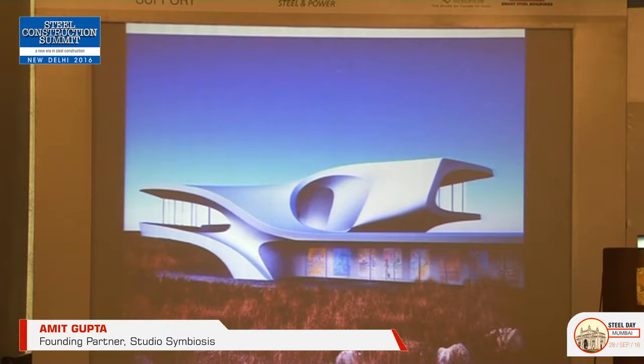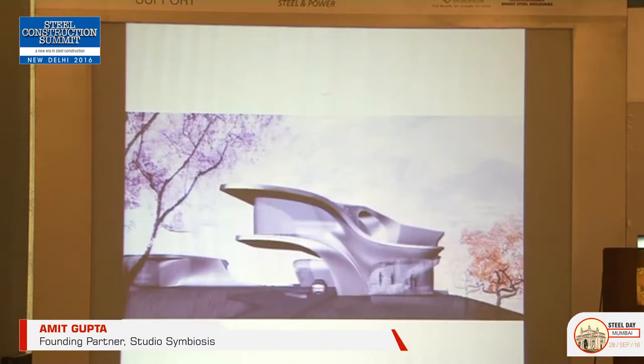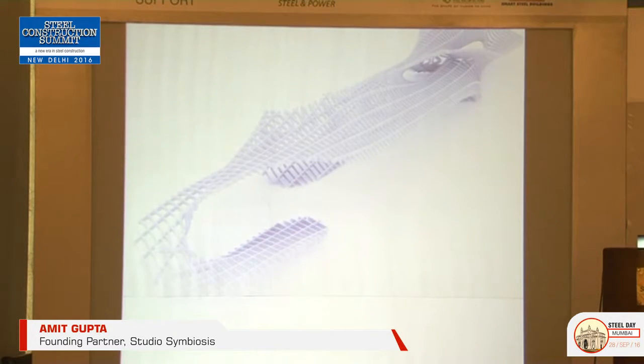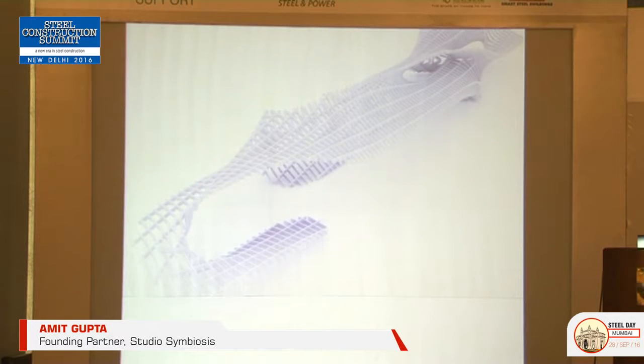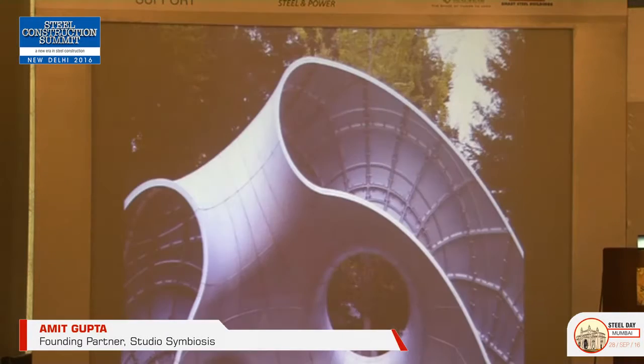Now the challenge came in structure. So what we are looking at for this particular system, this is one of the cantilevers which we have for the porch. Also what we are generating are spaces which are nested within the structural system. Now to get these kind of cantilevers and structure, we looked at different iterations. So this was a rib-based model where steel is used just in X and Y direction to create the system. These are some case studies which we're looking at in terms of how steel can be still very slim, but give us these complex forms to give us the effect which we're looking for.